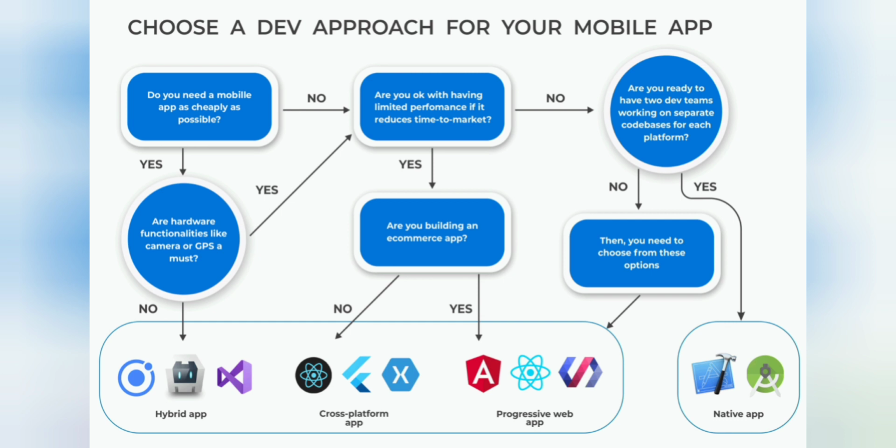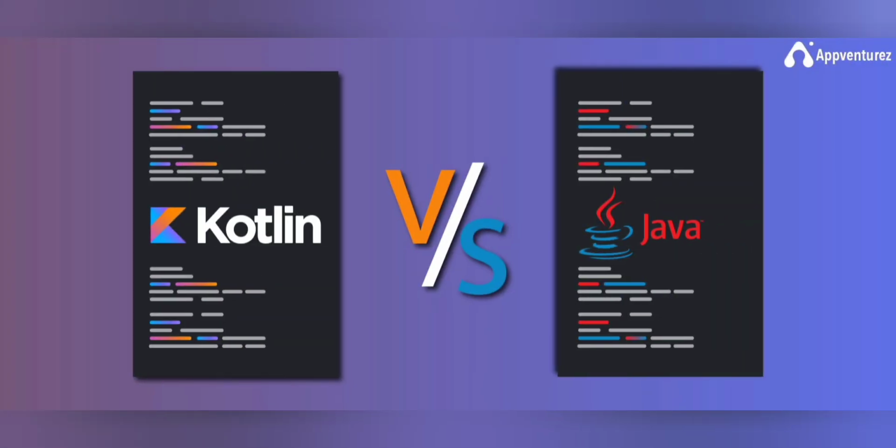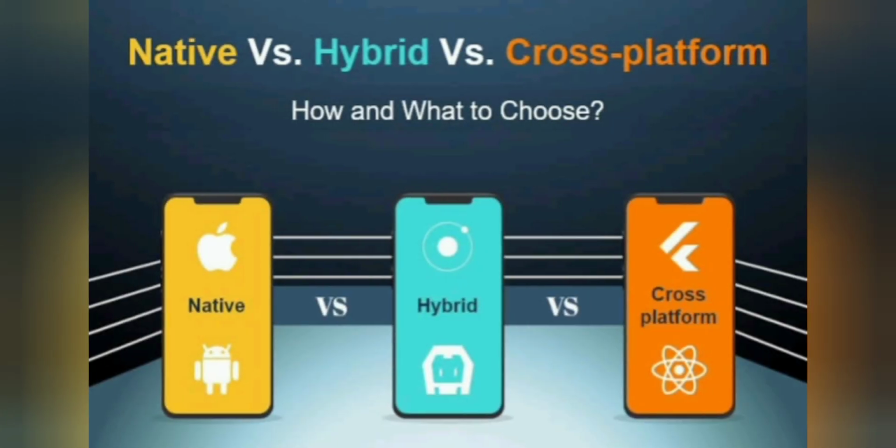Now we see the hybrid, which works similar to a web app but, like native apps, is downloaded to the device. Similar to web apps, these apps are typically written in HTML5, CSS and JavaScript. Now we see some mobile platforms, that is iOS, Android and Windows Phone. iOS uses the Objective-C or Swift programming language, Android uses the Java programming language, and Windows Phone uses the C# programming language. Now we see elaborately about the native mobile development tools.